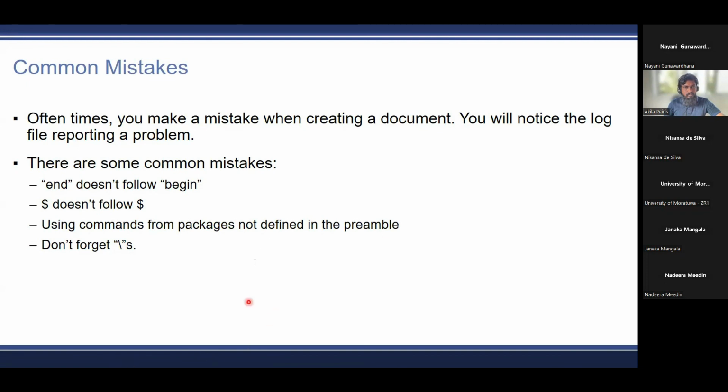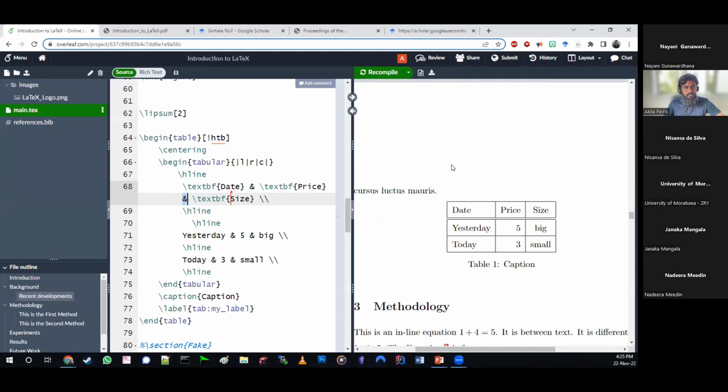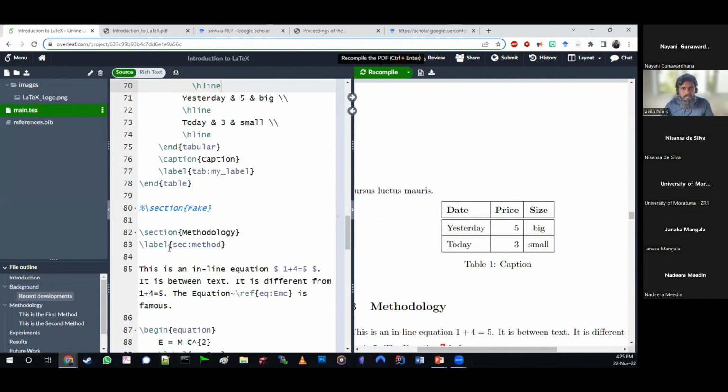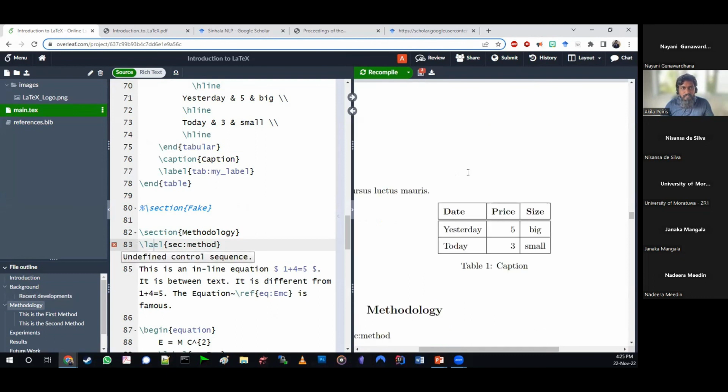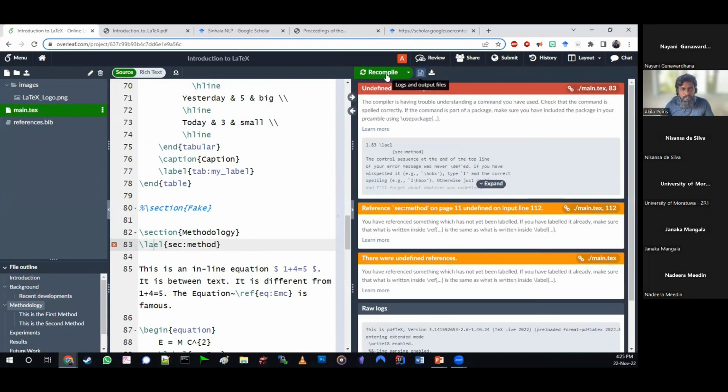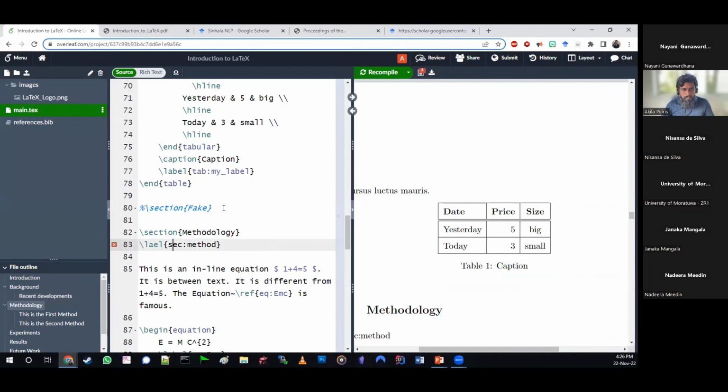Let's create a fake error somewhere while Mr. Akila makes our table nicer. Let's create. I ruined this, and now it is going to be an error there. So here or here, you can look at it and see what is wrong. In this case, there is no such thing as lal.